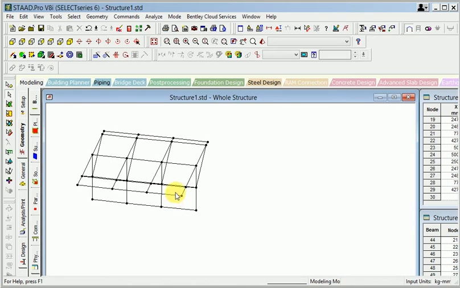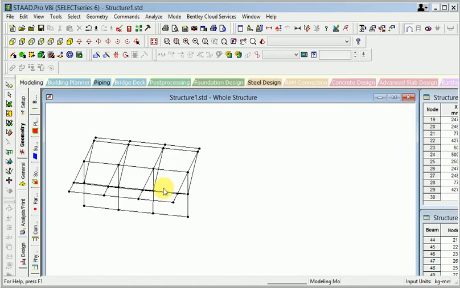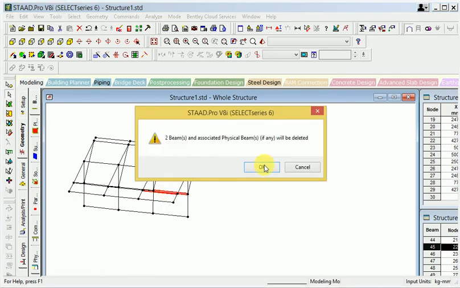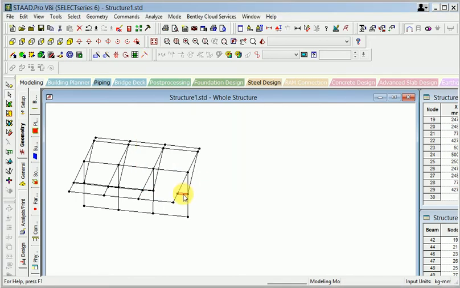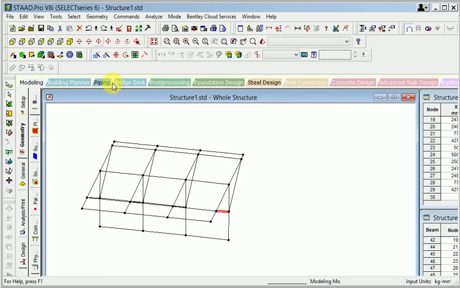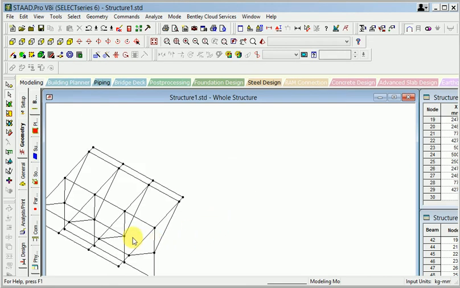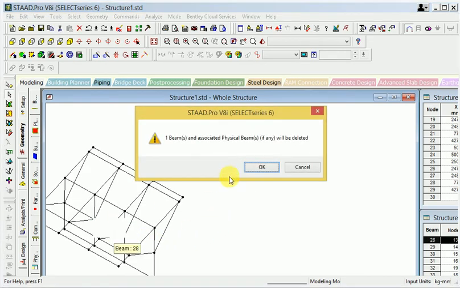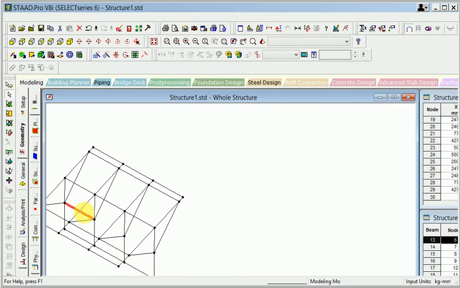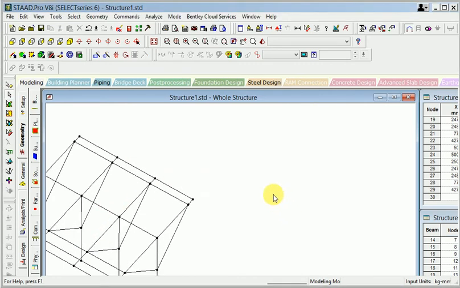So I don't want this particular joint, so you select and delete here. I don't want this line, and I also don't want this line.